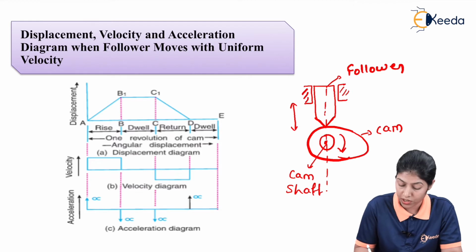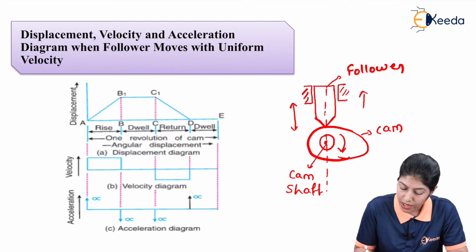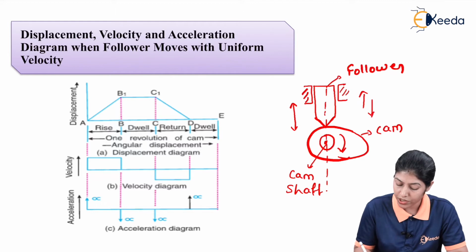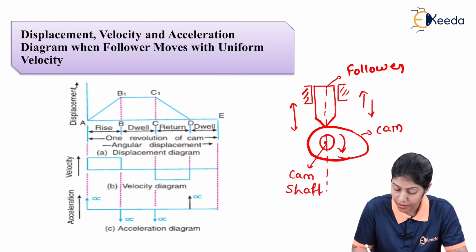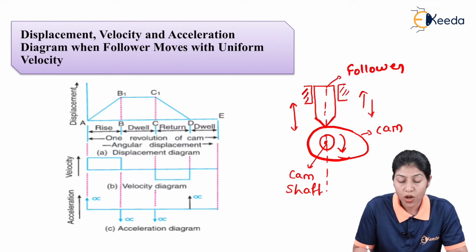It should be knife edge and it should be a higher pair, and it should be the sliding motion of the follower and the cam when the cam is rotating, and because of the rotation of the cam the follower will reciprocate. This particular follower will move in upward direction and downward direction according to rotation of the cam and according to the shape of the cam. Here this cam is not a circular part; it has an arbitrary shape. So as per the shape of the cam we can define the stroke of the follower.